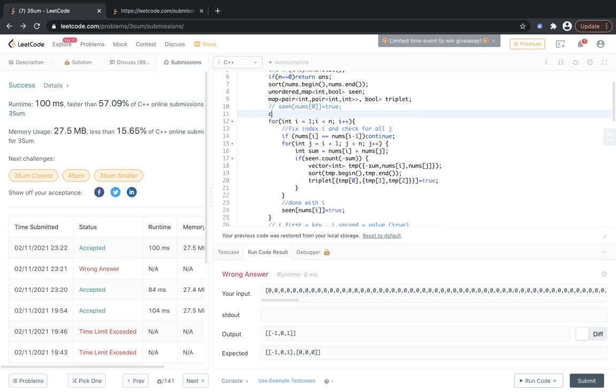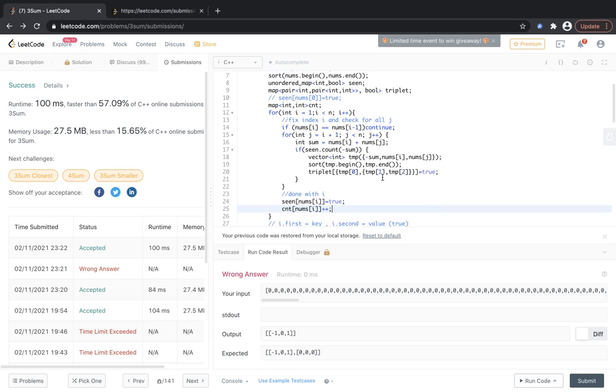So what we can do is maybe we can count. So this keeps the count of all the elements, or we can do the same thing. Oh yeah, it's better to do it differently because this is a different kind of implementation.